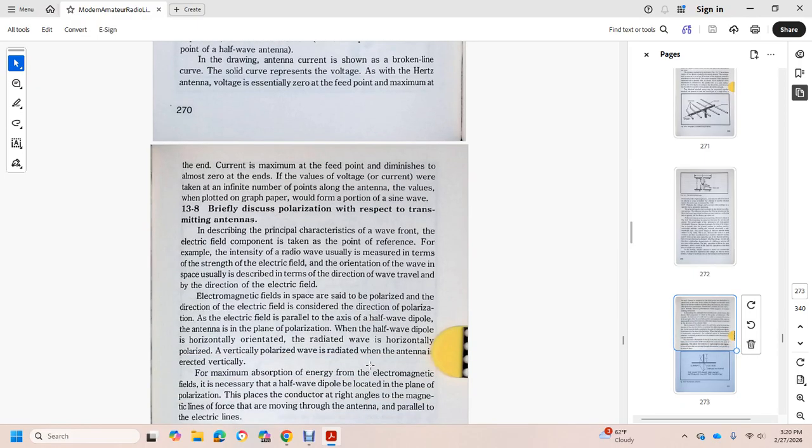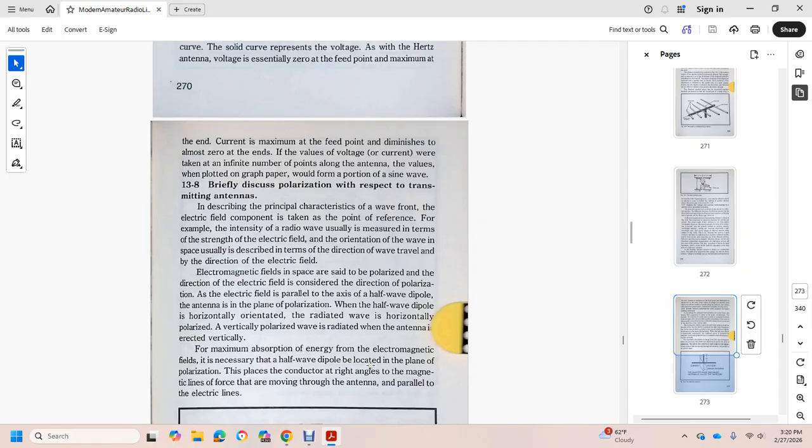Briefly describe the polarization received with the transmission antenna. Describe the principal character of the waveform with the electric field component, taking the point of reference, for example, with the intent of the radio wave usually mentioned with the intensity of the electric field with the orientation of the wave in space. To describe the term, the direction of the wave travel, the direction of the electrical field, and the electromagnetic field in space